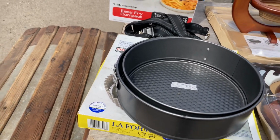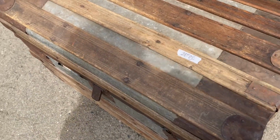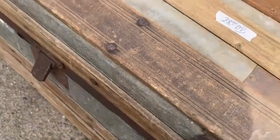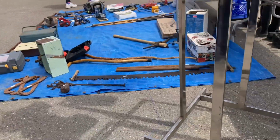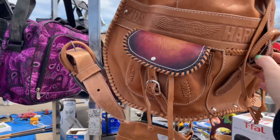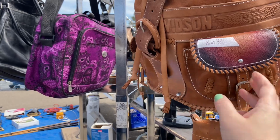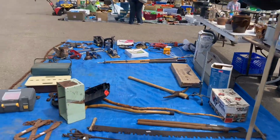But then coming around at the end of the table, I noticed this old trunk. Not sure how old it is, but I love old trunks so much, but I really don't have room for one. Judging by the price, it probably wasn't that old, but who knows. And they had this rack here, like a store rack with a bunch of purses and stuff. I noticed this because it was Harley Davidson, and we sell a bunch of Harley Davidson clothes on the regular, so